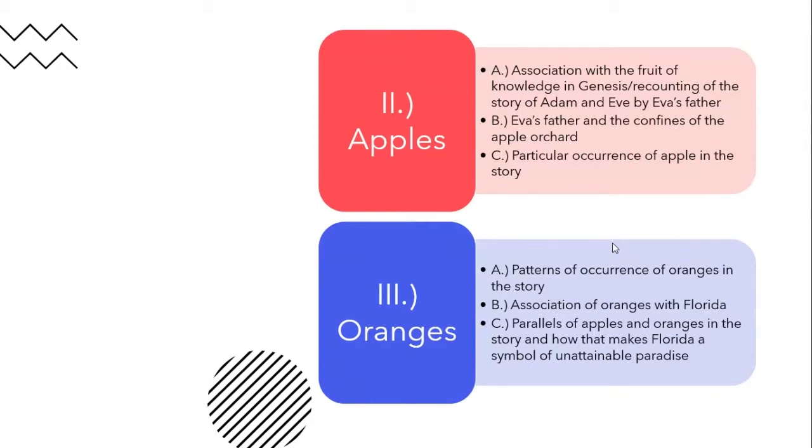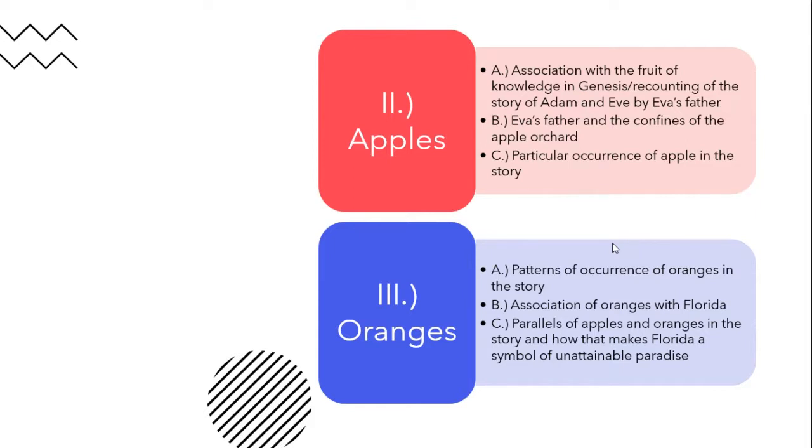And when you read it, you notice that every time oranges appear, they somehow lead into digressions or flashbacks or flash forwards or something, or it goes down this side avenue. And you notice that every time it does that, oranges are present. So you might begin to realize that the oranges, even though it's not overt and clearly stated, also have some kind of symbolic value in the way that the apples